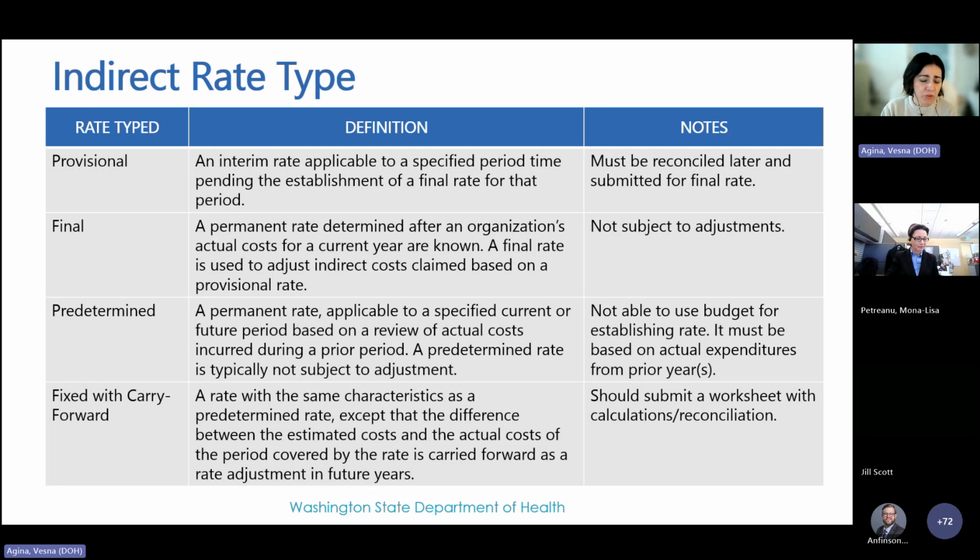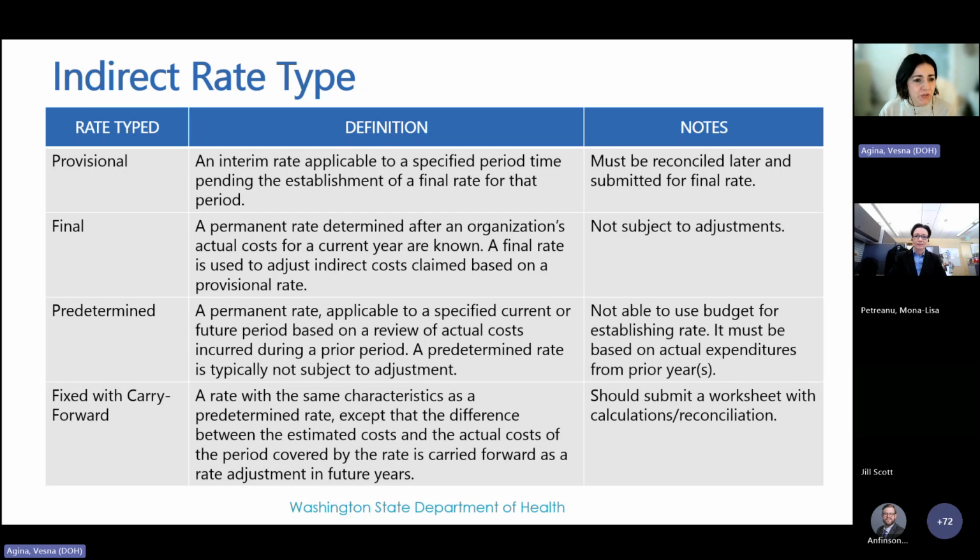So usually you have a provisional and final. For DOH, for example, that's how we operate. We have received a provisional rate from HHS, and we use that for the fiscal year. Then after the fiscal year ends, we go back and reconcile. We apply for a final rate, and sometimes the provisional and final rate could end up not being the same, which is fine. They don't have to be the same, and that's the reason why we have to go back and reconcile, to make sure that there's a record of that.